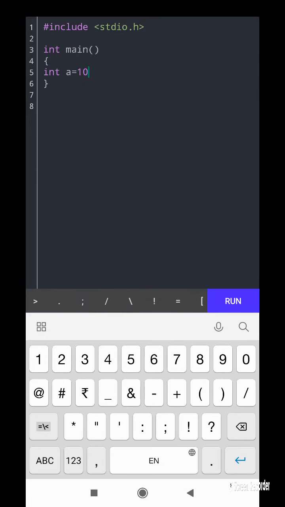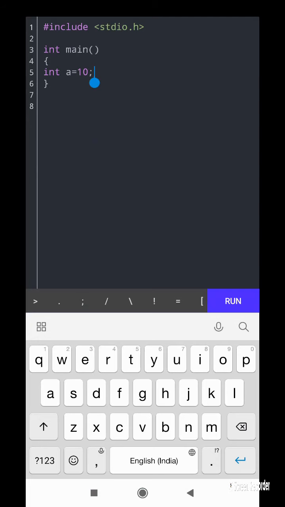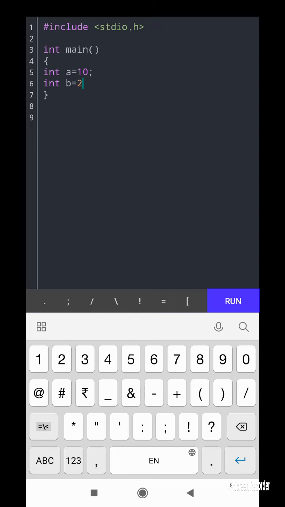Then I'm pressing enter on the keyboard. Integer b equal to 20. So I'm declaring variables a and b, initialized to 10 and 20.